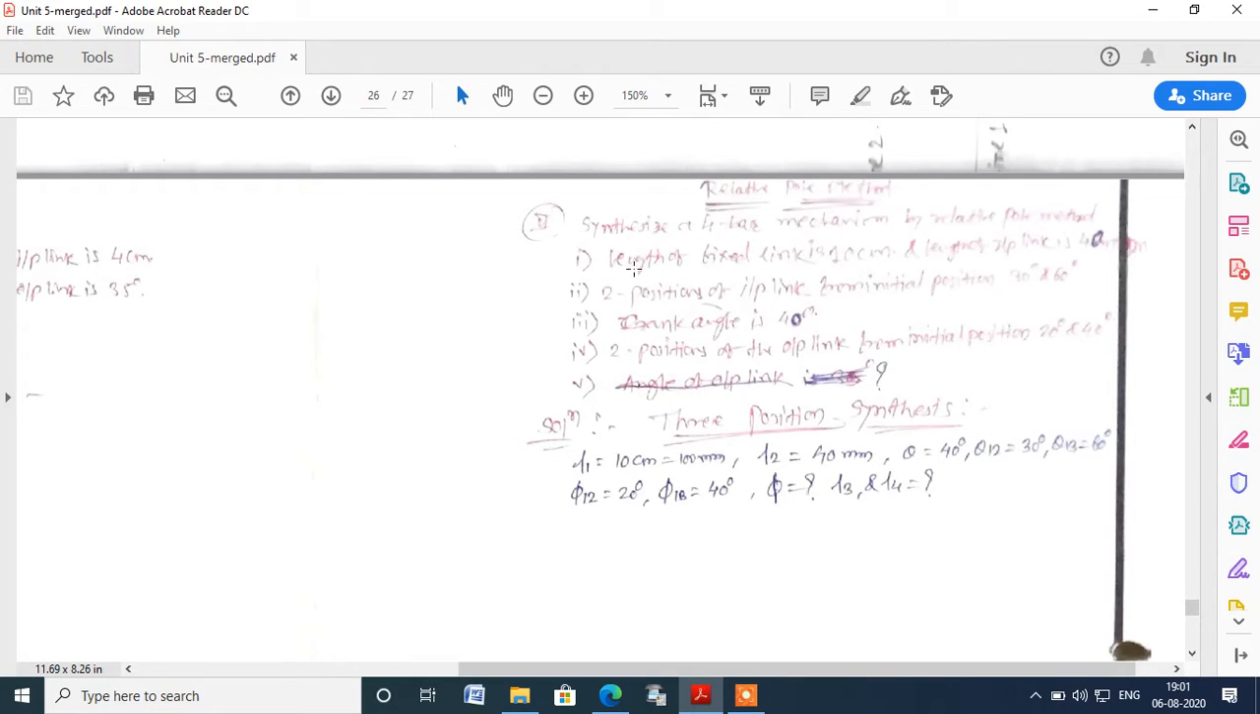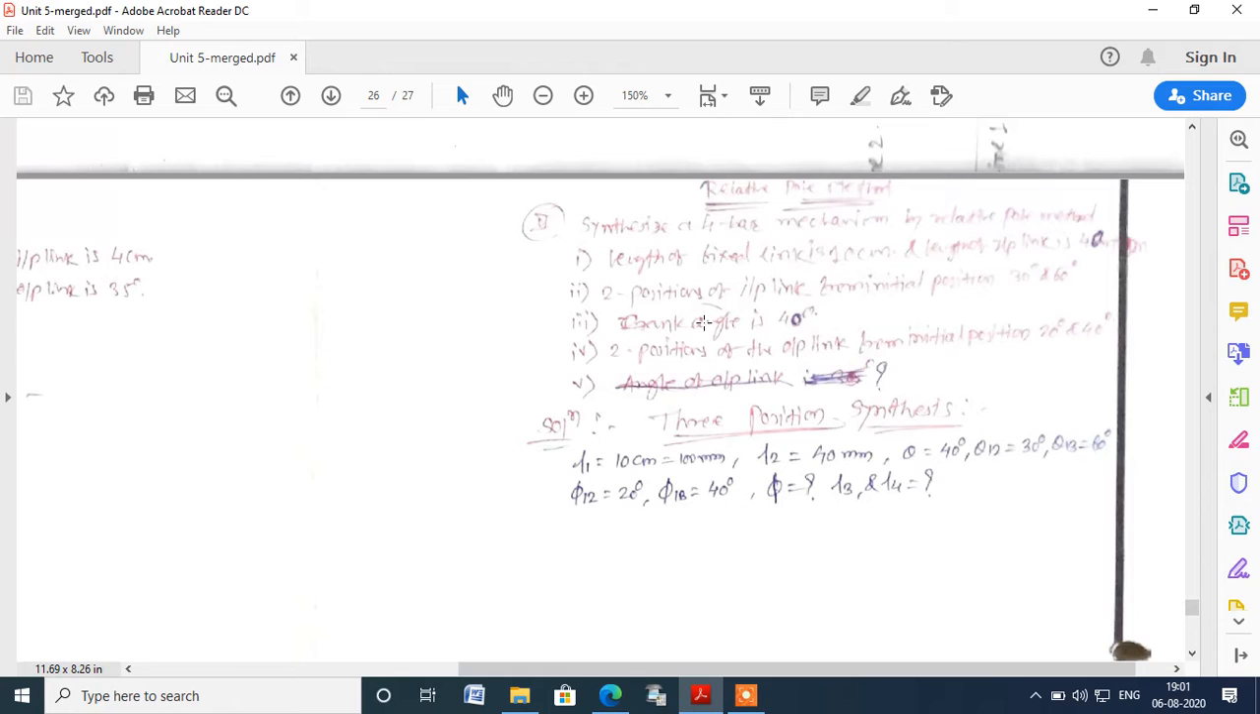So the problem is given. Now this is, I think, somewhat of a blurry statement, so I will read the statement of the problem. Carefully listen and write down this problem in your notebook. The problem is given like this. Synthesize a 4-bar mechanism by the relative pole method